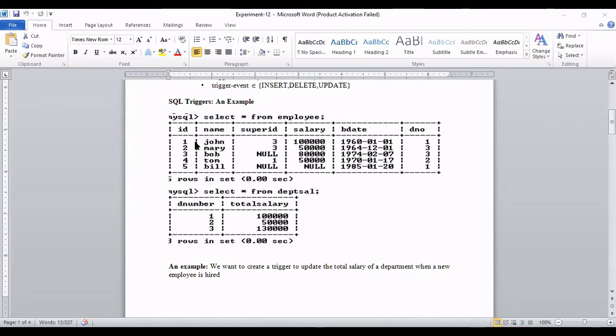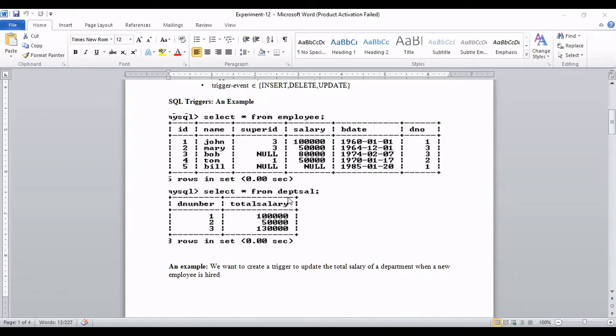It is not as per the number of employees, it's as per the number of departments, and these salaries are coming from different employees working in that same department. Now my question is, what if I add another extra employee here? Let the employee number be 6, the employee name any XYZ, and I am adding a salary, let it be 2 lakhs.